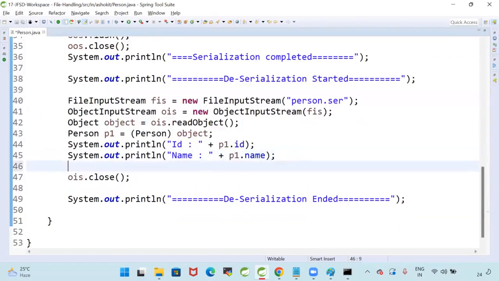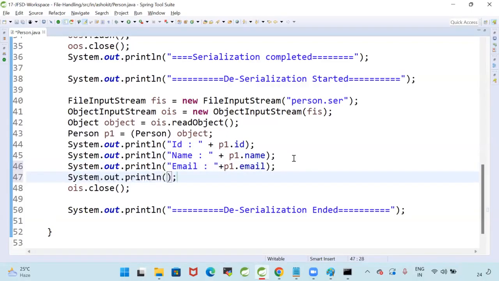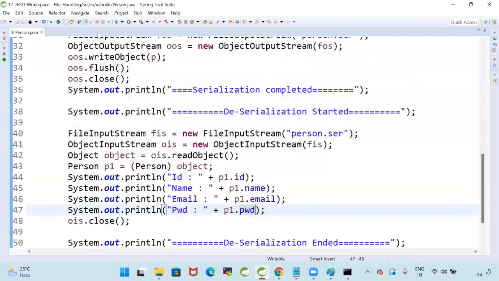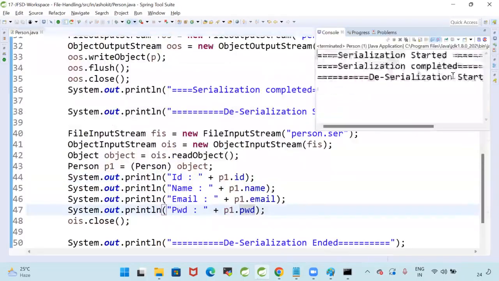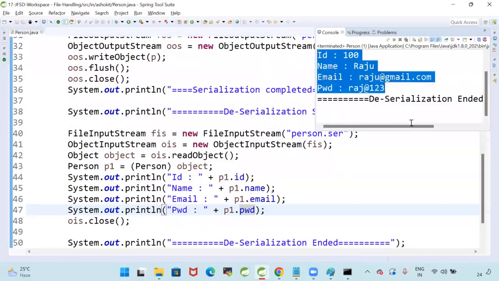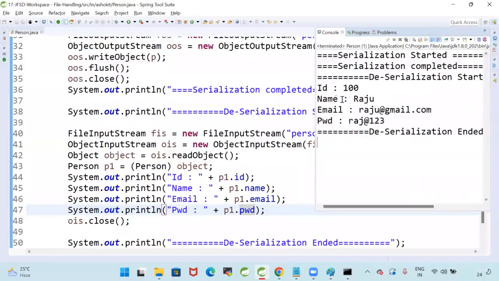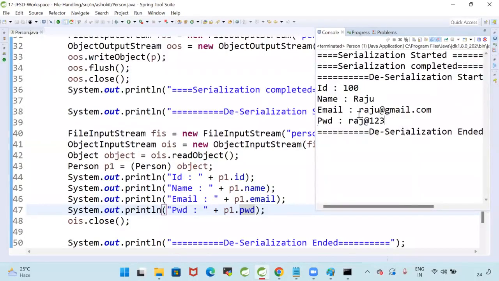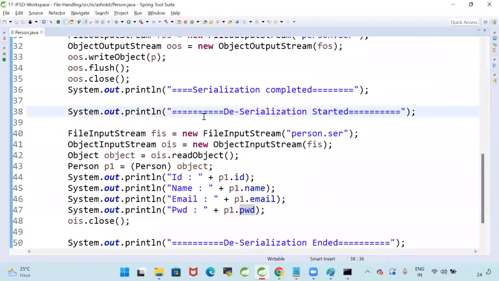Now System.out.println email, p1.email. System.out.println password, p1.password. Okay. Now if you see, I'm able to serialize and deserialize everything. I'm able to serialize all the values in the object. I'm able to deserialize all the values in the object. But